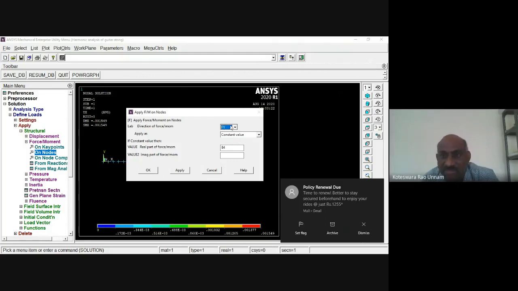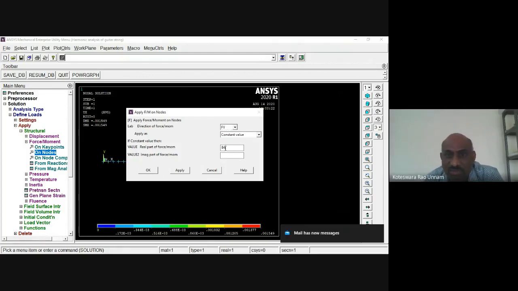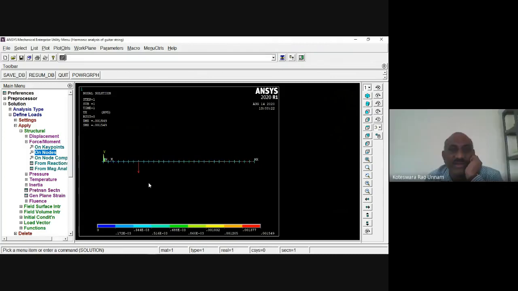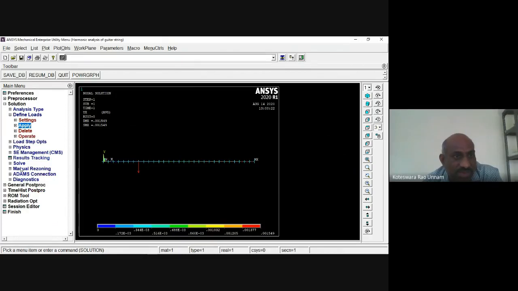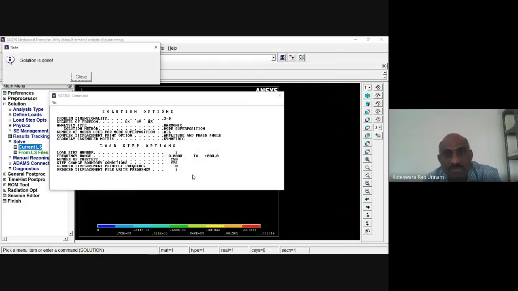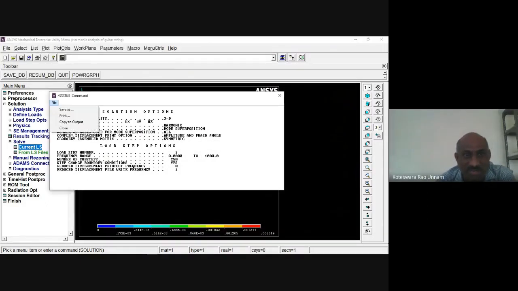Y direction, so I have to select Y. What is the magnitude? -1, because it is acting in the downward direction. Click OK. See, now at that particular node it is applying that force. Okay, so that's it. Then I need to solve this again. It is simple, and it won't take much time. It's solved.